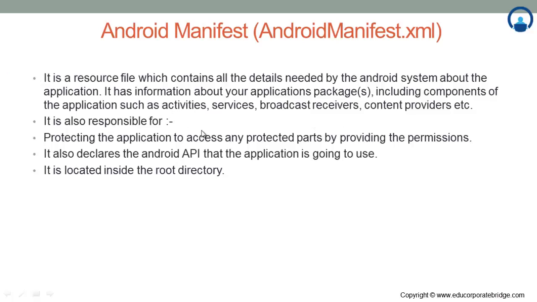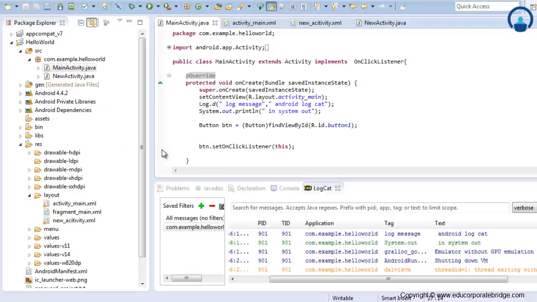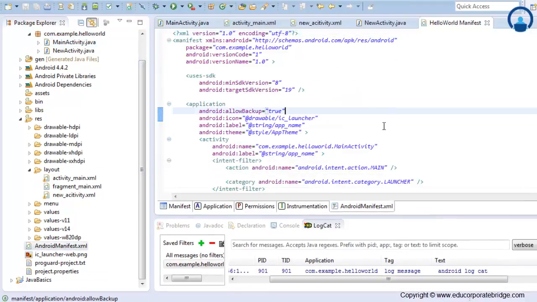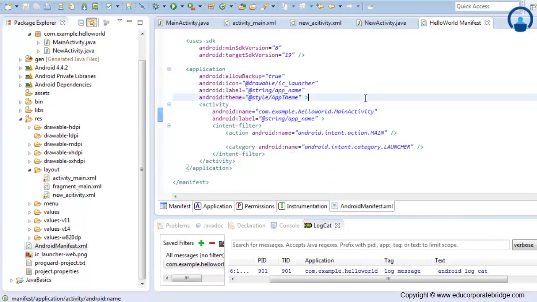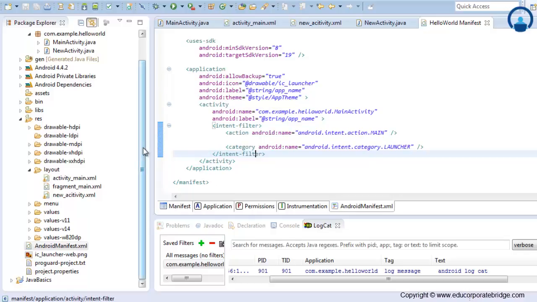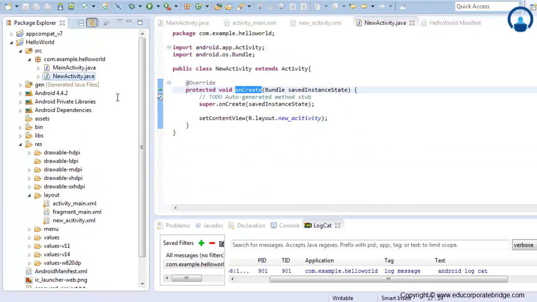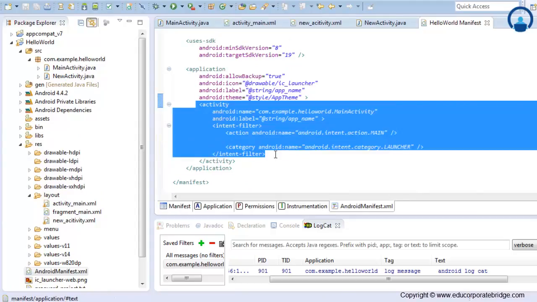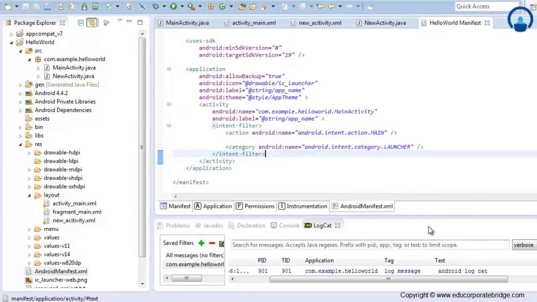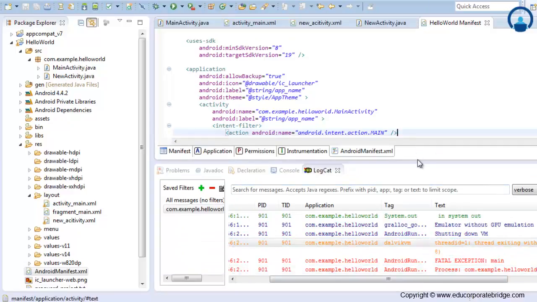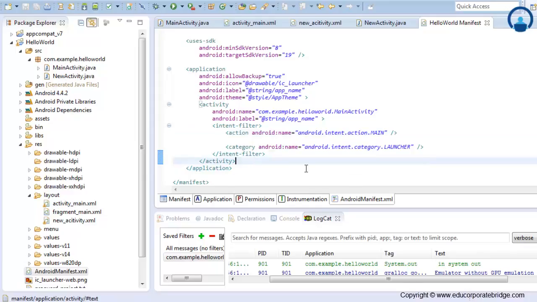Now you must be knowing that we have created a new activity, but we didn't make any changes to our AndroidManifest.xml file. Earlier by default it creates the main activity class, so it creates this automatically. But in this case we have created our new activity class, but we have not defined any changes in this AndroidManifest.xml file, so that's why it was not able to find that activity and it gave that exception, activity not found exception. So for this we need to define this new activity in this file. Now how to do that?